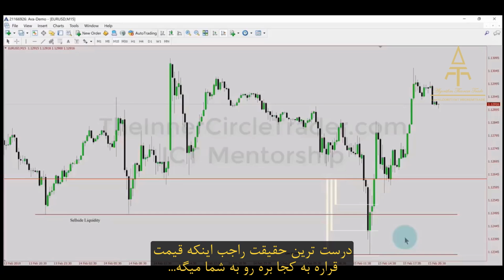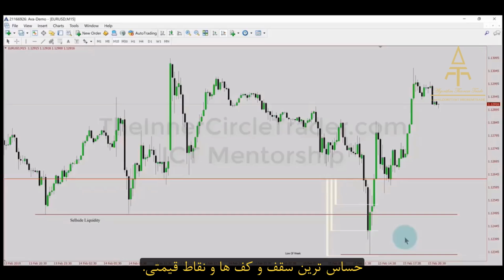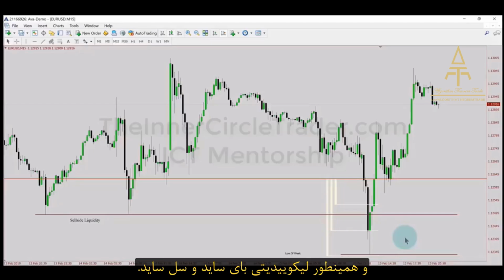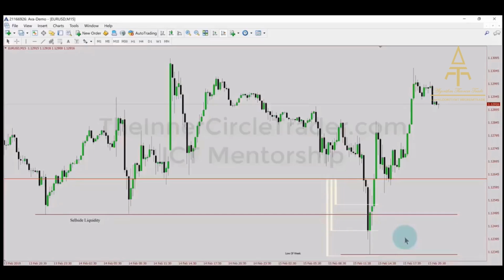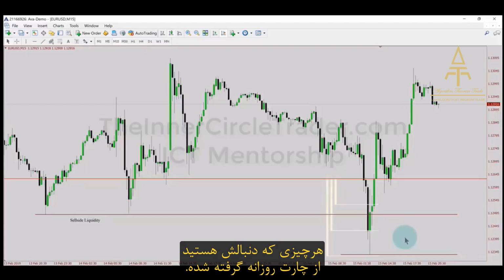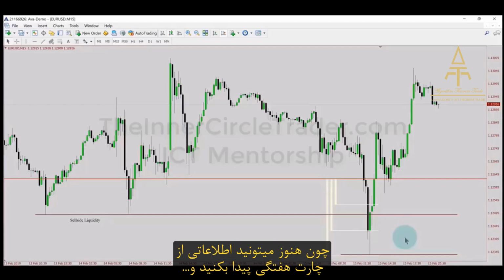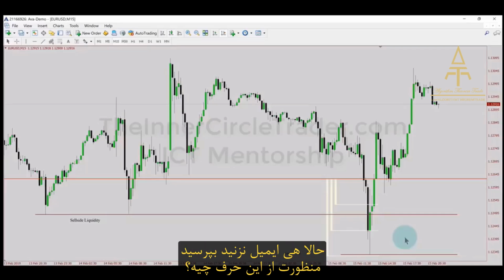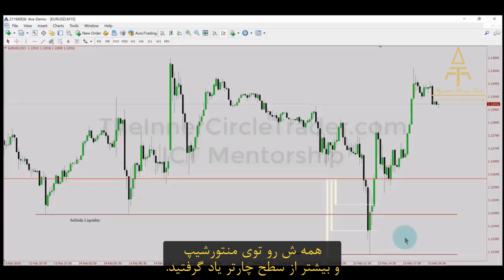It's going to give you the truest form of knowing where the market's going to go, the most sensitive price points on the highs and the lows, where there's fair value, where there's inefficiencies, and where there's buy-side and sell-side liquidity. Everything you're looking for is derived from that daily chart, because you can still pick up the insights that would be seen on a weekly chart by studying a daily chart if you know what you're looking at. Now, don't read too much into that and say, send me emails or ask me on Twitter, what did you mean by that? You learn all that in the mentorship and beyond charter level.